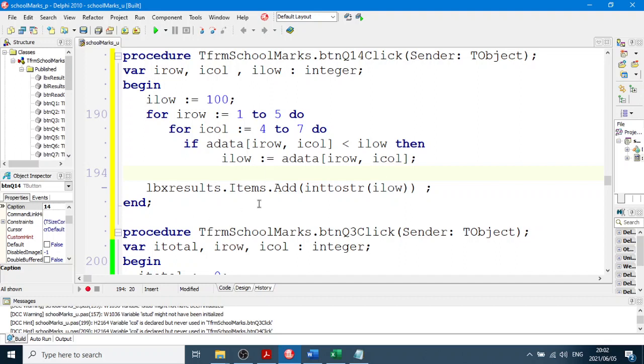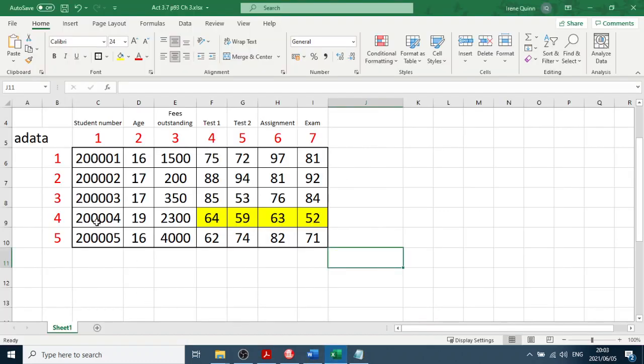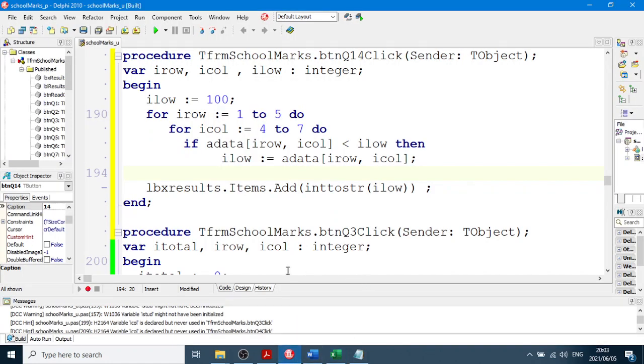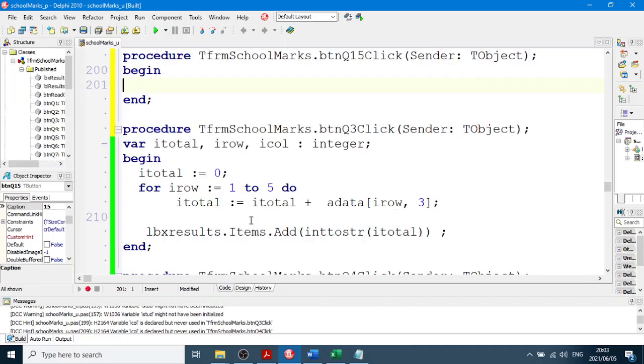Right. We're now going to do the next one, the last one, because that was all tests and exams. The lowest mark of the student number 2004. So student number 2004 is that one in row 4. So lowest mark for that student number,